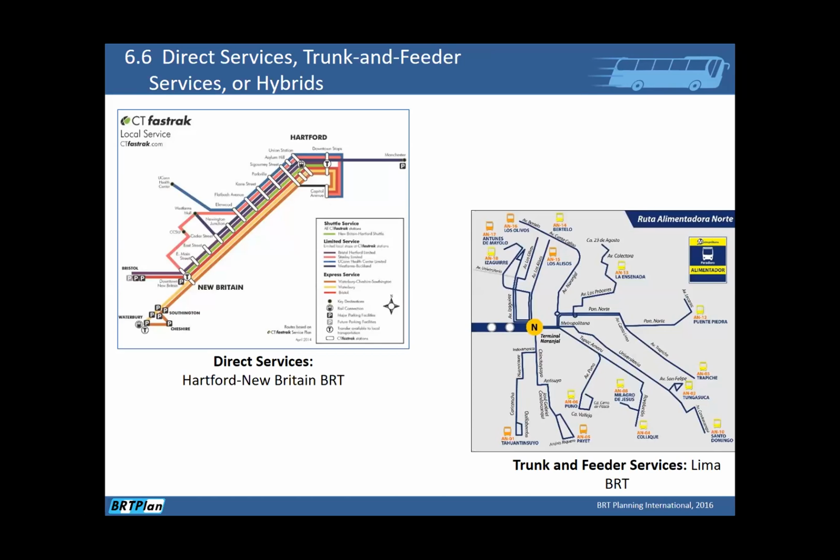A direct service BRT is a BRT system where you have a bus that operates in mixed traffic, and then it joins a BRT trunk corridor with dedicated lanes and fancy off-board fare collection at nice stations. And then perhaps the bus again leaves that corridor and continues on in mixed traffic to some other destination. That would be, for instance, how the services work in the Hartford New Britain BRT that was recently given a